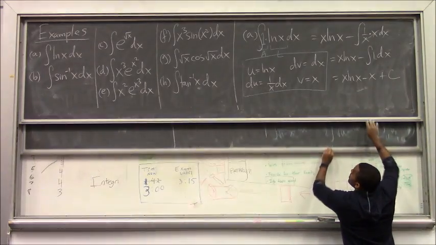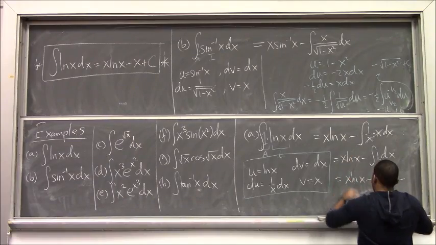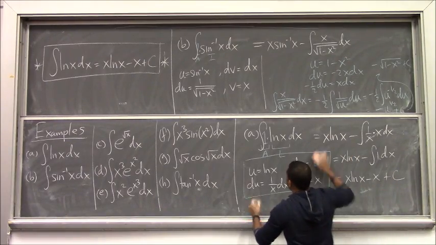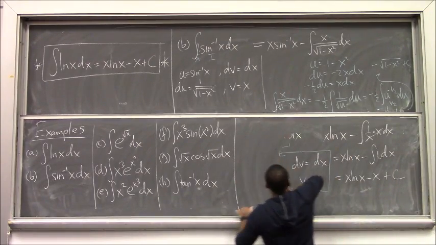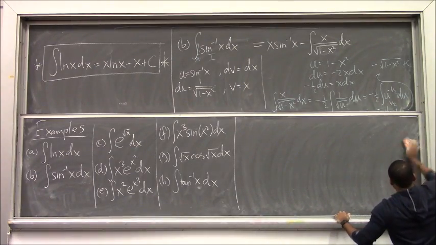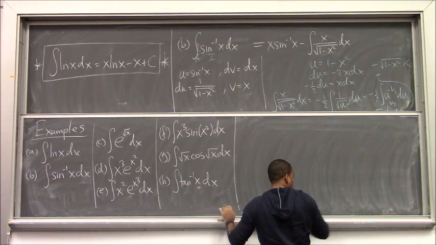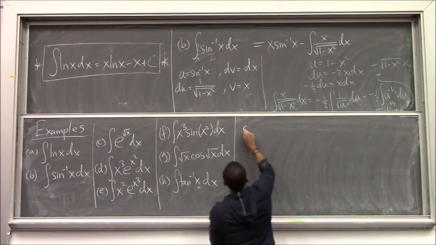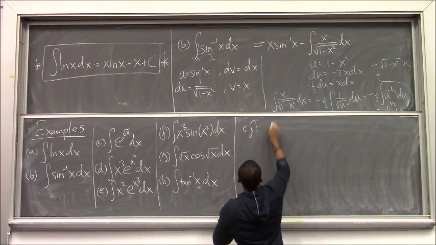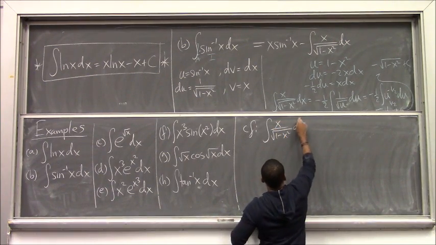Now, just for comparison, and this isn't even a nice integral to do. You're going to see sometimes it's going to make your life a whole lot easier. We'll definitely do examples a bit later on. Just want to gently introduce you to this new idea for some of you. So compare this to the following. So if I have the integral of x over the radical of 1 minus x squared dx,